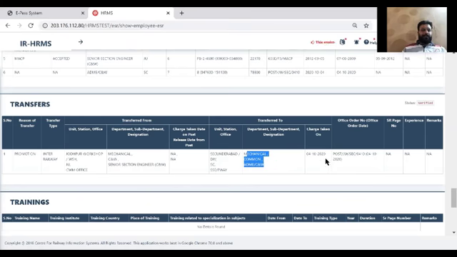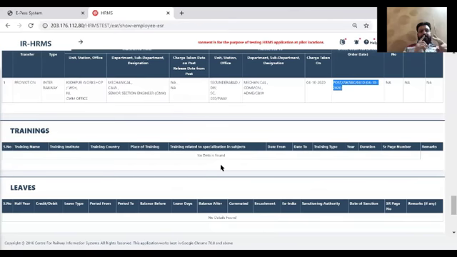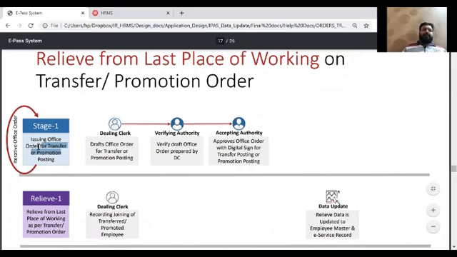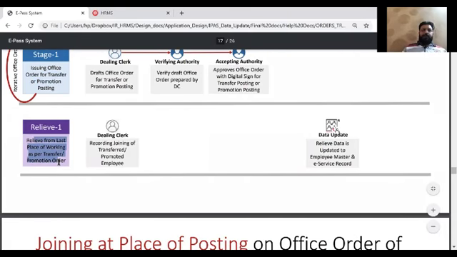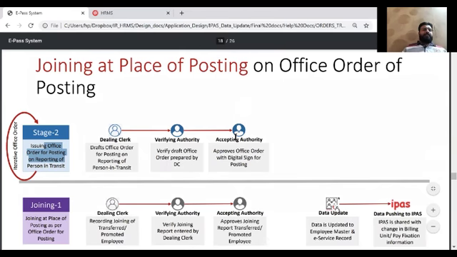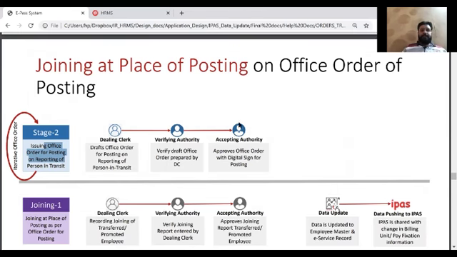Charge taken today, the 4th of October, we have taken the charge. Office order against which this employee has joined. So now the tabs of promotion and transfer both have been updated in this case. So let's review what we have done. We have created one transfer order, gone to the level 3. Interdivisional transfer was there, so we have to relieve the employee. For other cases, this step is not mandatory. Stage 2, we have created a posting order for the employee. For promotion cases or within transfer cases, this stage is again not compulsory.